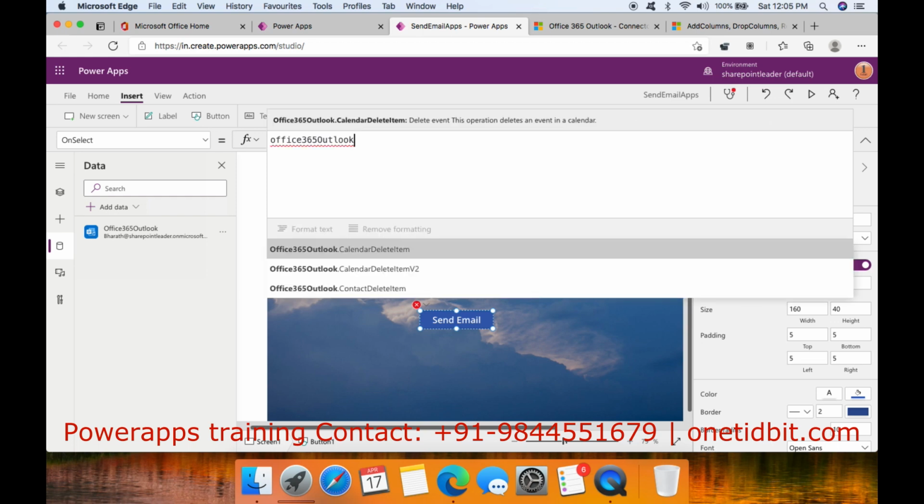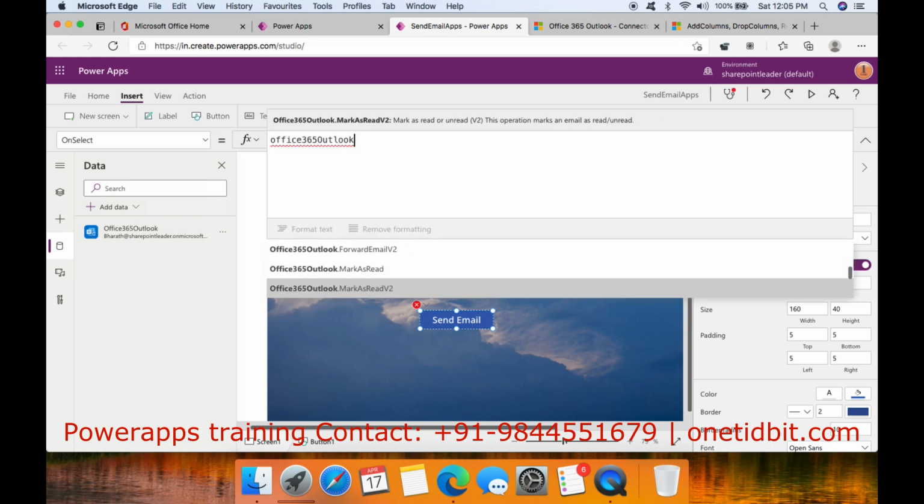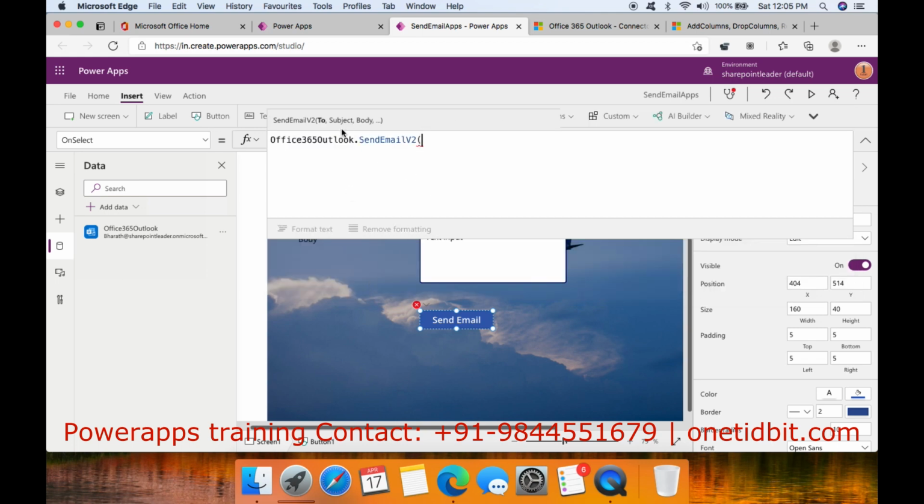Everything is coming, and we can see SendEmailV2 here. Select it and you can observe that the parameters are To, Subject, Body. So we can also send our text box names.